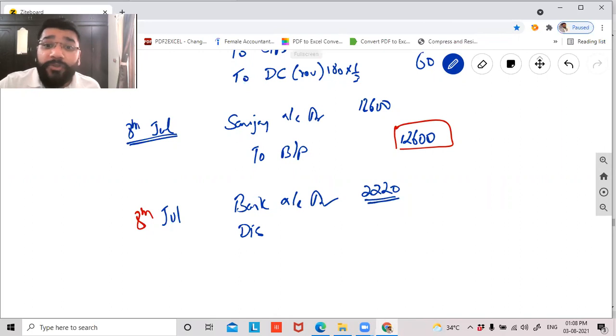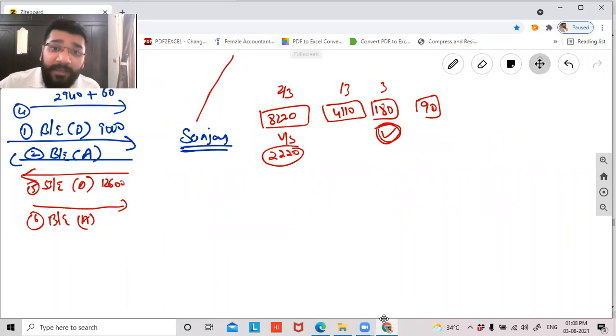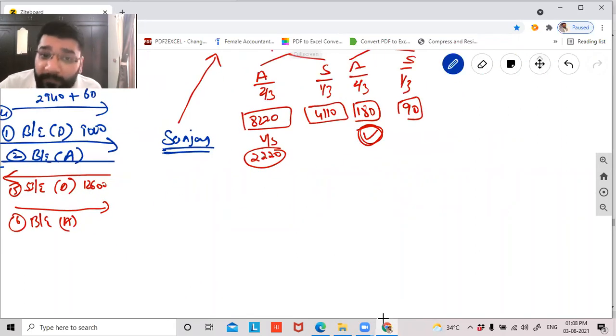So full money will be received, but when we record the discounting charges, guys, this 2220 is not the full amount. The total amount to be recovered from Sanjay was actually 8,220, but out of that, only 2,220 is received. So the money we received, that only I'll record. And the entire discounting charges are Anil's discounting charges, so 180 will be recorded for the full 2/3 value. Now you may argue, sir, when only 2,220 is received, how can you record the full 180 rupees as discounting charges?